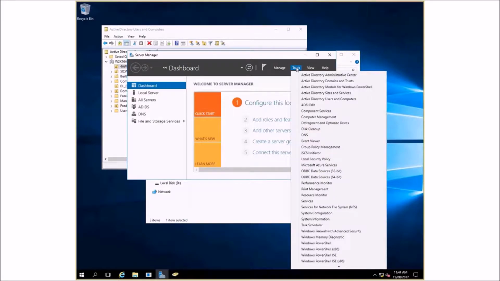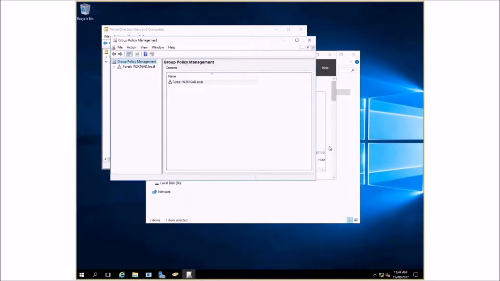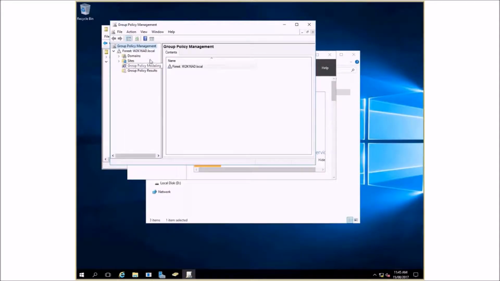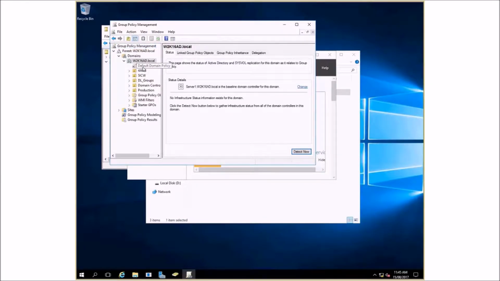So let's launch our group policy management. Obviously this is an intro to group policies. We sort of looked at it when we did the password policy. This is the tool, and it looks just like any other Microsoft tool, in the sense that you've got containers on the left-hand side and the contents of that container on the right-hand side. If I go to domains, you can see there's our Active Directory domain, and we can explore it just like normal. By default, there are two group policies: